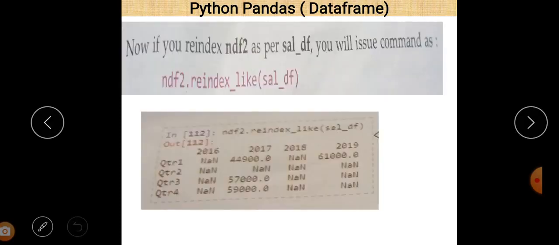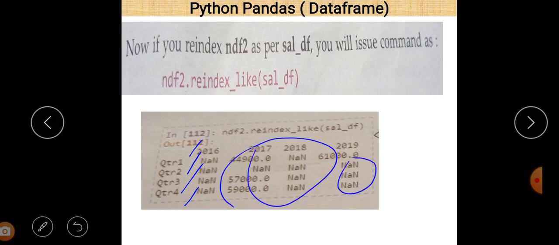You can easily see here 1, 2, 3 and 4. Now what are the values for that? Obviously some of them are not found, and the value which is not found is represented by NaN here.